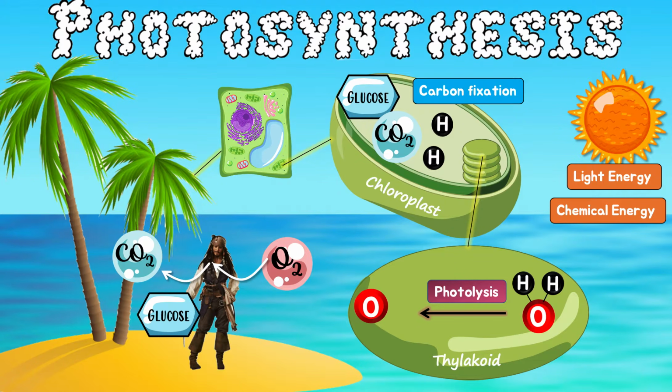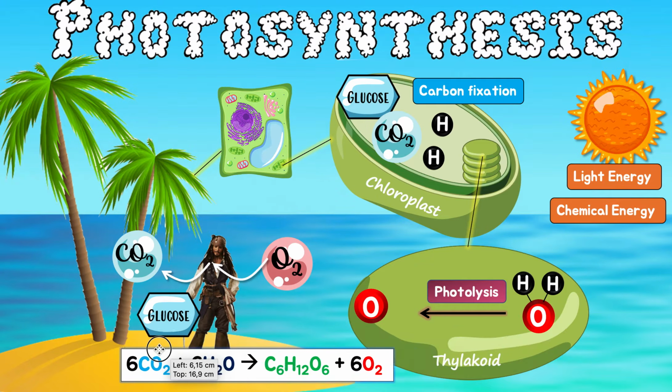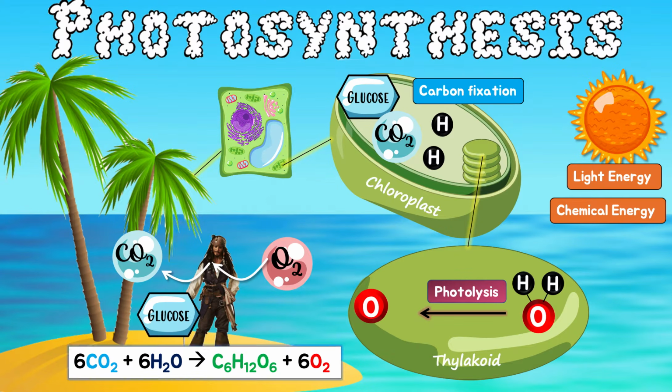Okay, awesome. So now let's look at the equation. Most teachers love to show this equation at first, but I like to show it at the end because now it'll make a lot more sense. So this is, in a nutshell, photosynthesis. We need carbon dioxide, right here. It's the source of carbon and oxygen in our glucose. We need water. Why do we need water? Because water is going to be split apart into our hydrogens that we need and our oxygen.